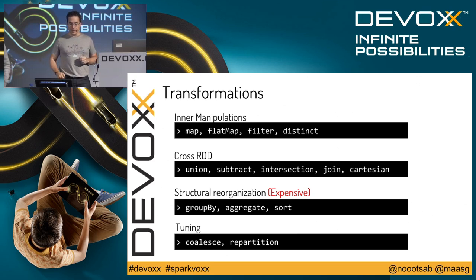And then we have the structured organizations, and we have a warning there. Those are expensive. And those are expensive because they are oftentimes triggering that shuffle, and the shuffle writes to disk and reads from disk, so it's not all kept nicely in memory. When you do have a shuffle, you have a penalty. And hopefully I can give you some examples of that in the demo. And then you have tuning operations. Coalesce and repartition are used to change the parallelism, the internal parallelism of Spark. There are more tuning operations. When you have some issues with how the tasks are being scheduled, you can use some of them to repartition your data across the cluster.